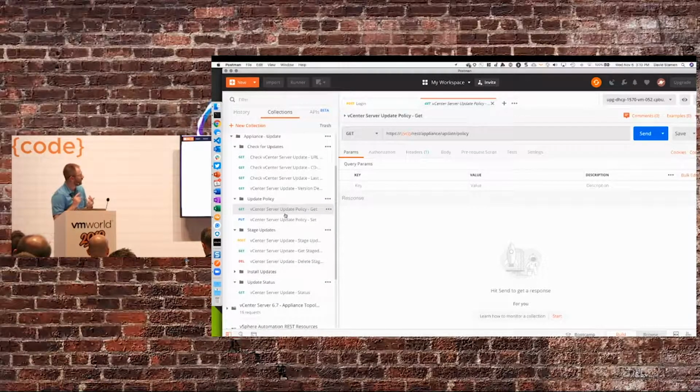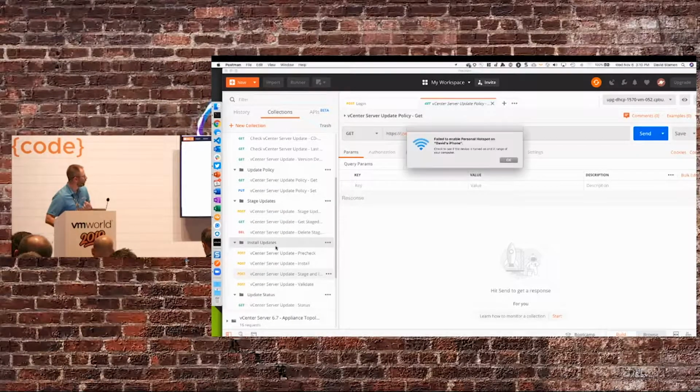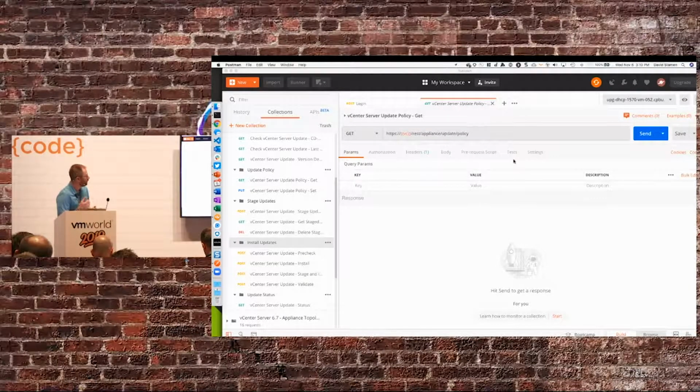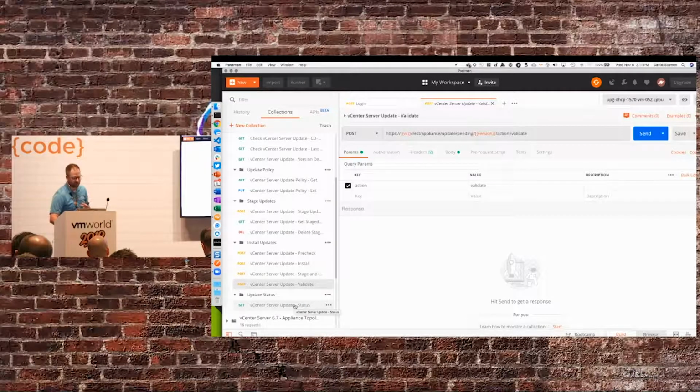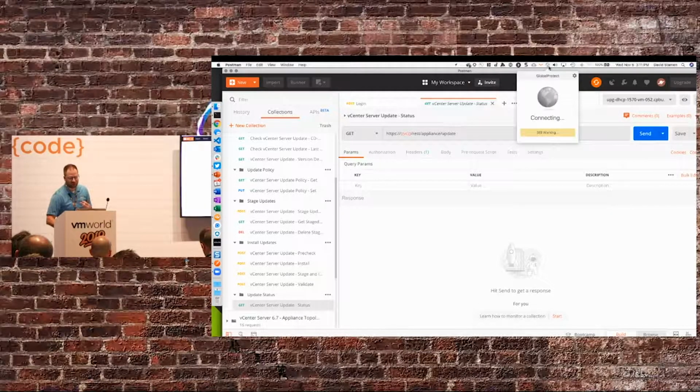But we have the ability to get the policies, set the policies, and look at all of our updates. Once they're installed, we can do the pre-check, which utilizes the same things you do through the UI. If an update is already staged, we have the ability to install that update. We have the ability to stage and install the update and validate. And the entire time that all of those tasks are running, we can just do a refresh of the check for status. And what that'll actually do